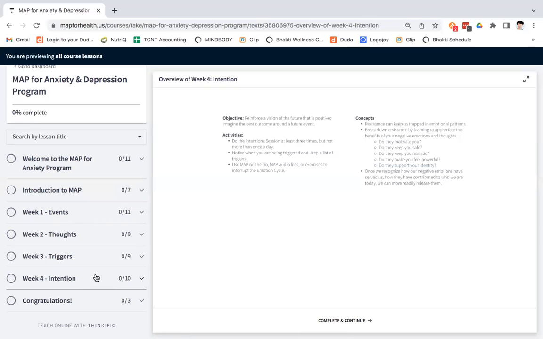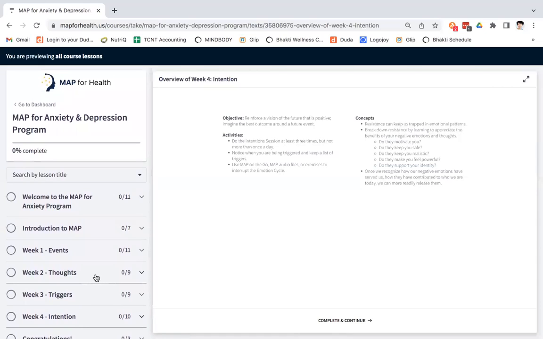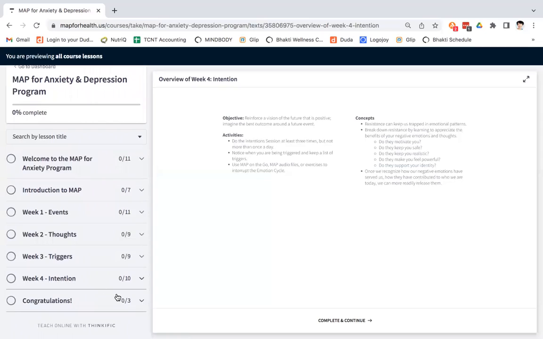For anyone who is wanting to use this program with a teen, an adolescent, or a mature child that maybe has anxiety or depression or another negative mood state, the way I recommend doing this is for the parent or the guardian to do one full cycle of the program. Pick a negative mood state and work through the entire program yourself so that you have a complete understanding of what is involved. And then you'll be in a much better position to judge whether this is appropriate for your child or your teen.